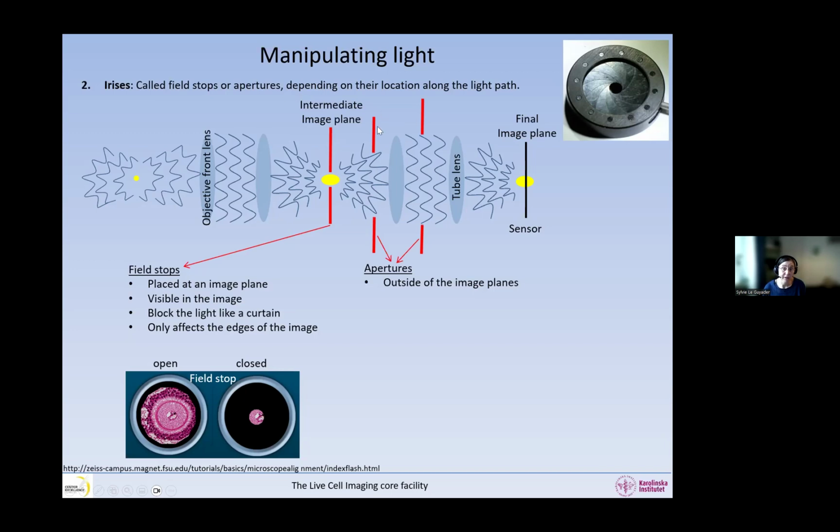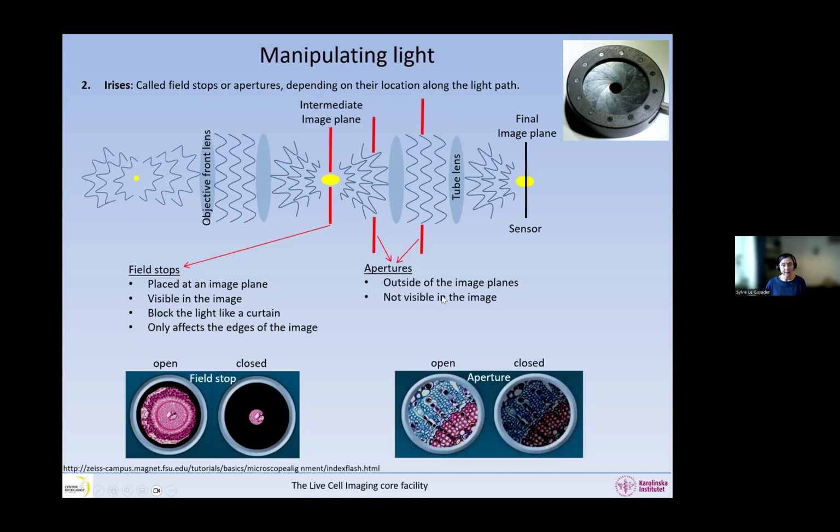If, however, I put the iris outside of the image planes, somewhere where there is no image formed, but the light is traveling, then it's called an aperture. And when I close the aperture, because there is no image there, I do not see this curtain effect. Instead,